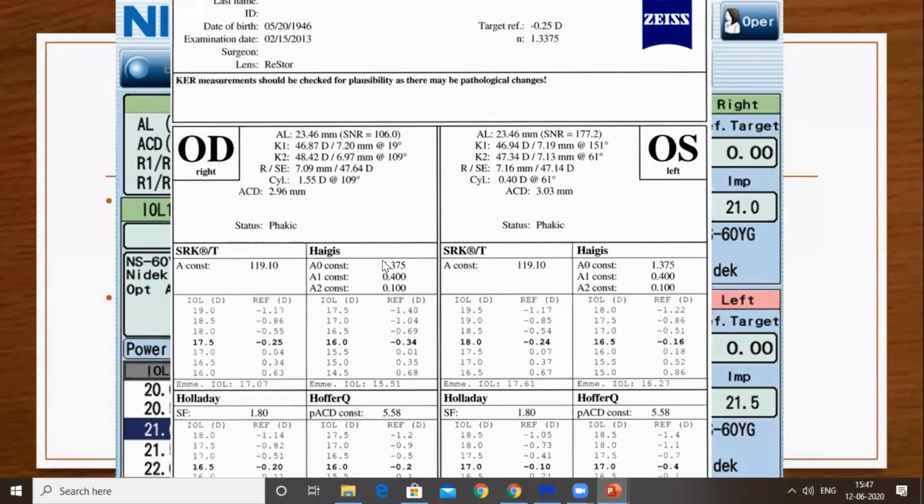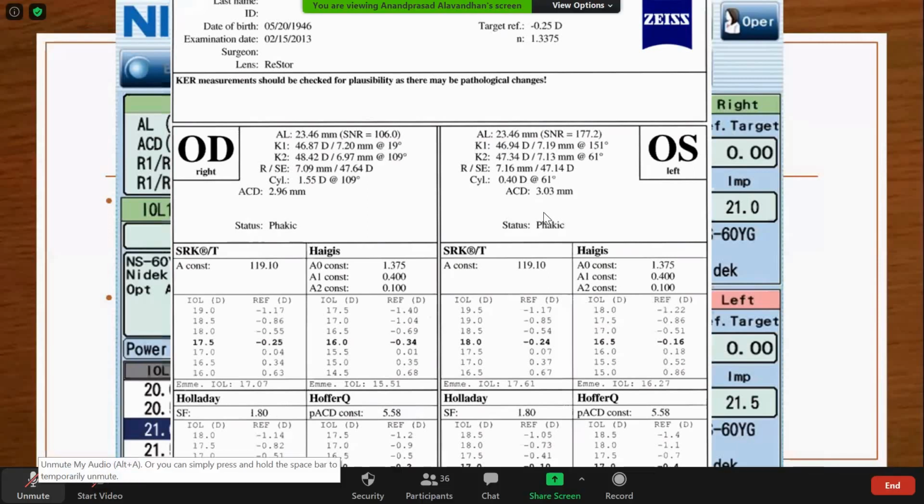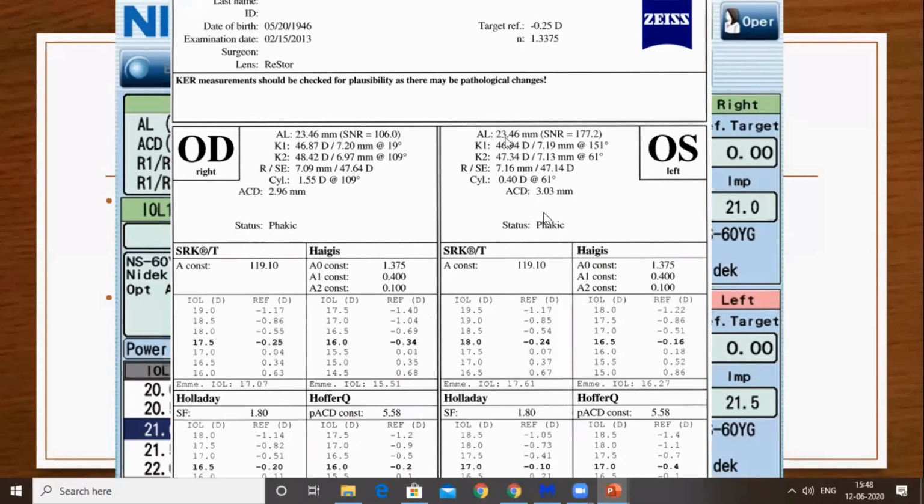Yeah, fine. So this is a Zeiss IOL Master report, in which you can see the axial length values in both eyes, and also the keratometer values K1 and K2, and the spherical equivalent, which is nothing but the average K value, and how much cylinder the patient has, the difference between K1 and K2. It will give the steep axis, because many of the multifocal lenses or even the toric lenses, whenever they are calculating, go with the steep axis. That's why in biometric reports the cylinder is denoted in the steepest axis.